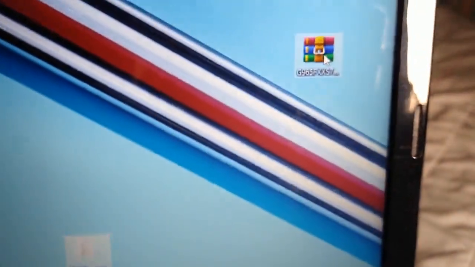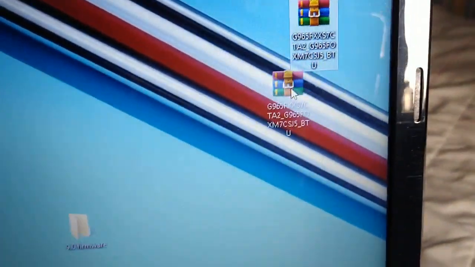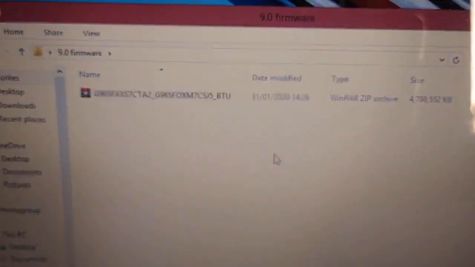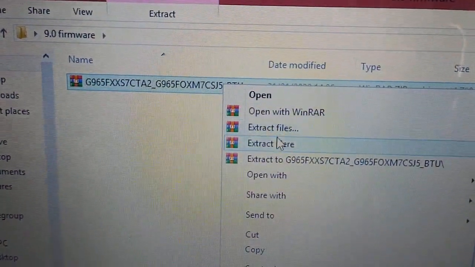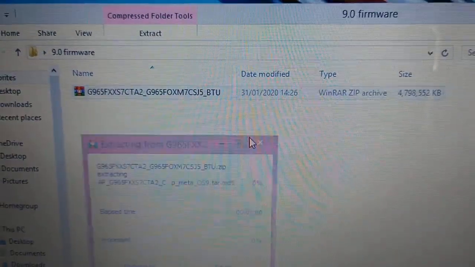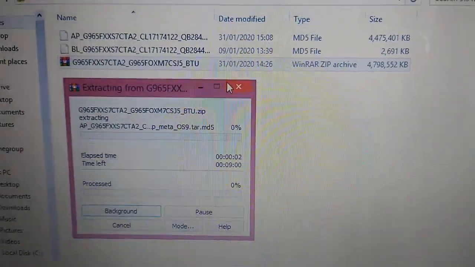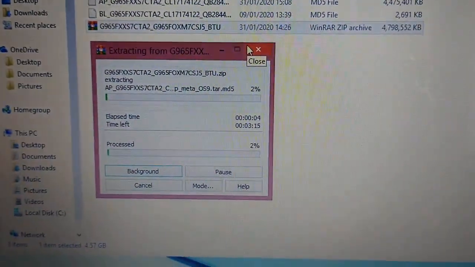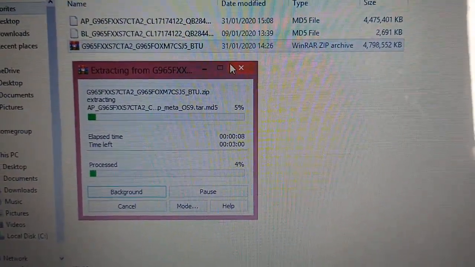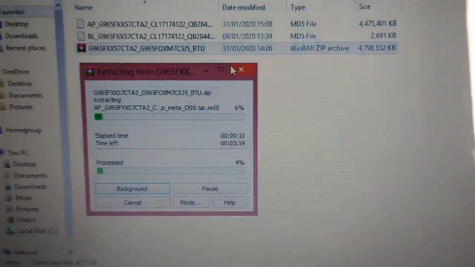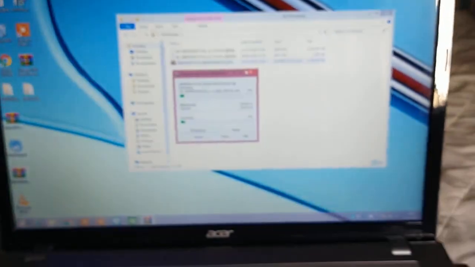And then drag and drop the downloaded Android 9.0 firmware into there. Then open it up, and then right click on it. Select extract here. Okay, so whilst that's extracting,